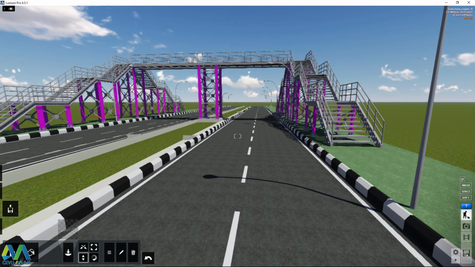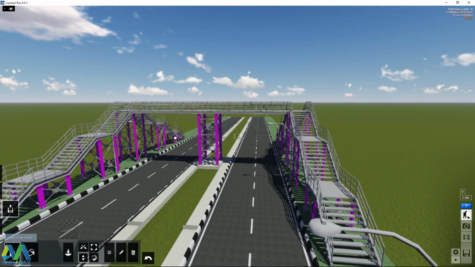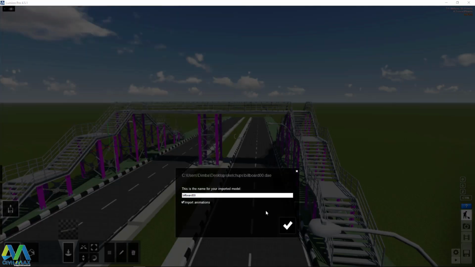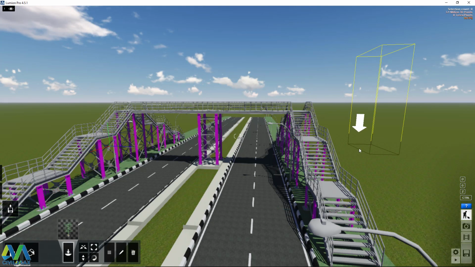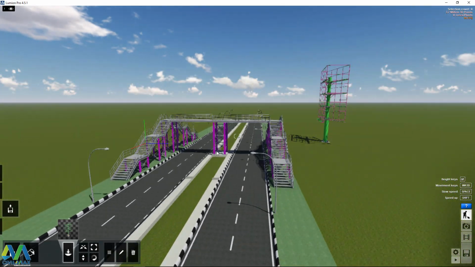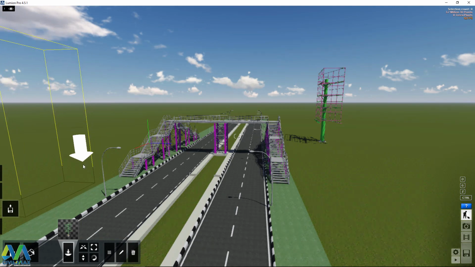Now I want to introduce the other model in here. Let me just take it down, and I'll come back here and click on add new model, and in this case I'll add the billboard here. I'll click on that and click open, then come here and click add to library, and that will be included here. Now I'll include it somewhere here, somewhere there, and another one at this end of the road, this side of the road. I'll include another one here,